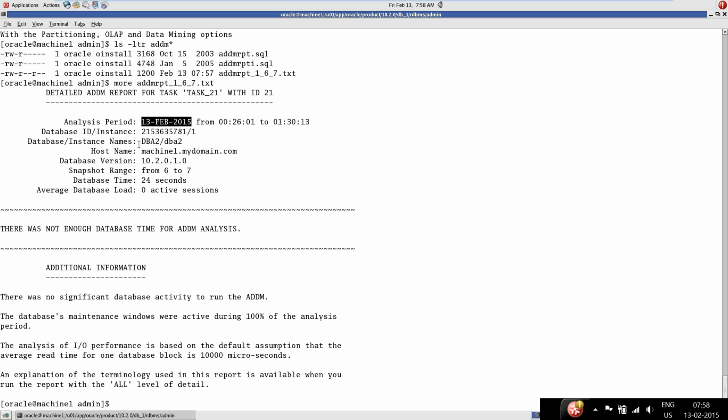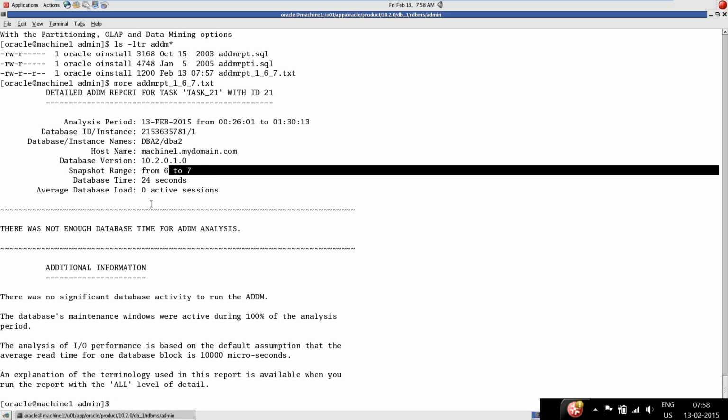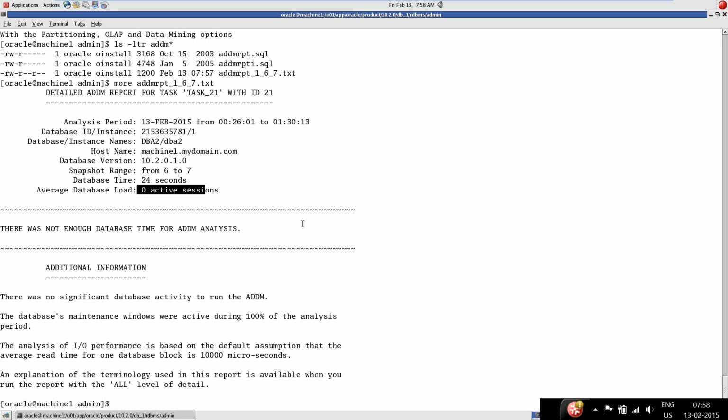Which database and which instance? DB2 is my database and the instance name is the same. Then the host and release version, the snaps, database time and active sessions. I just opened the database, kept it like that and shut it down after 1 hour, so there is not enough database time for analysis.